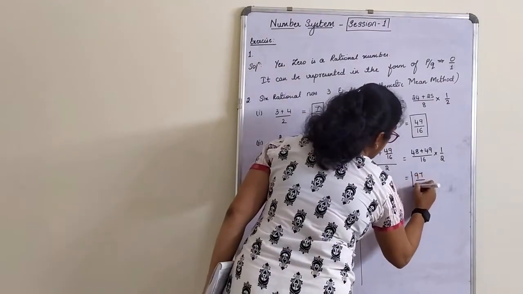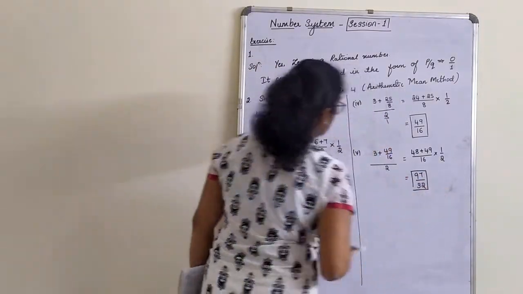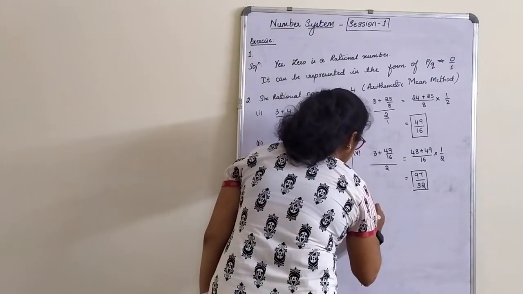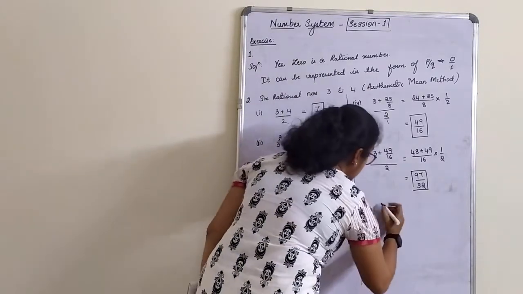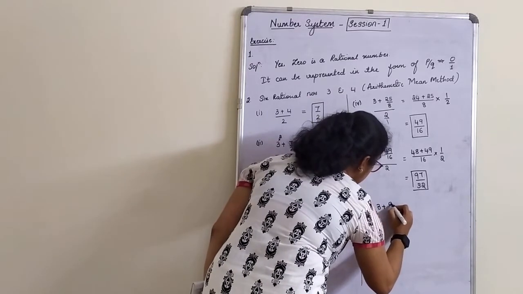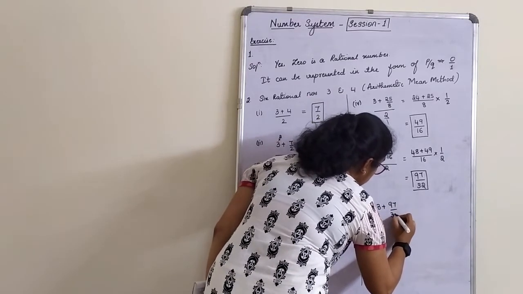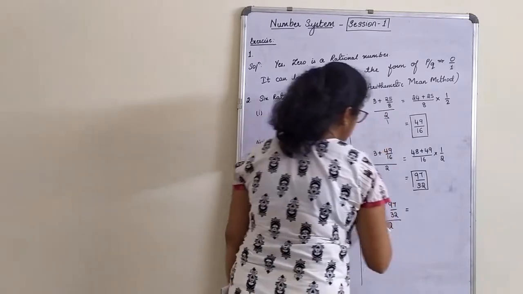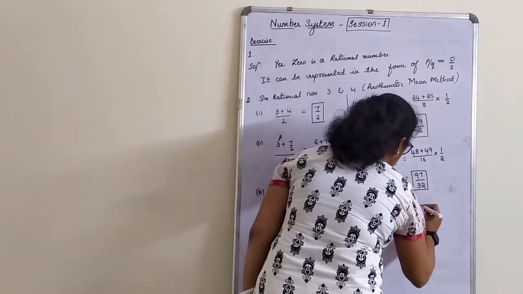97 by 32, which is our fifth number. Now the last number we have to see, the sixth number. So the sixth number is 3 plus 97 by 32 divided by 2. So 32 is the LCM. So it is